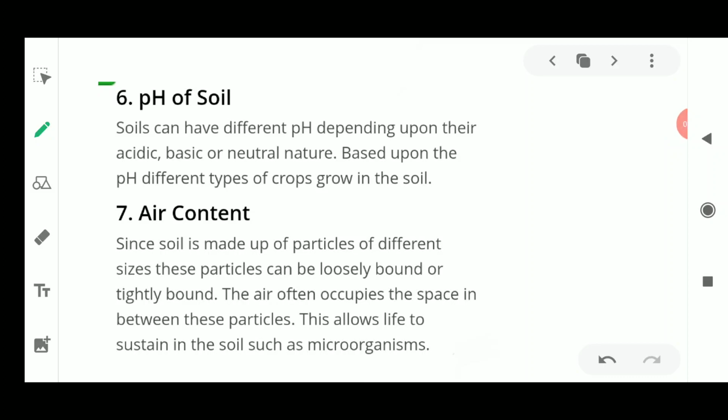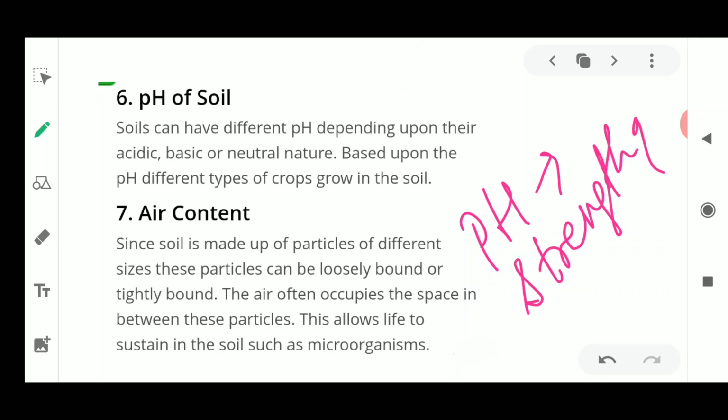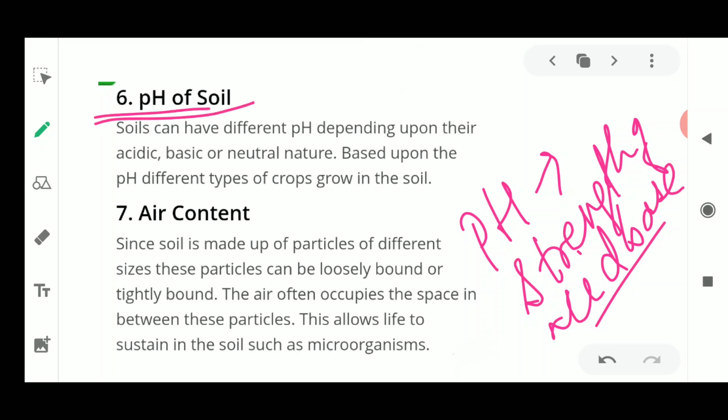the value, as we have discussed in acids, bases and salts, that pH is the value that tells about the strength of acids and bases. Now where do acid and base come in? We know that soil also has a pH. Now how is this pH going to be calculated? Again, it is seen with the help of pH paper. Or we can use litmus paper, or we can use various indicators which indicate whether the soil is acidic or basic.